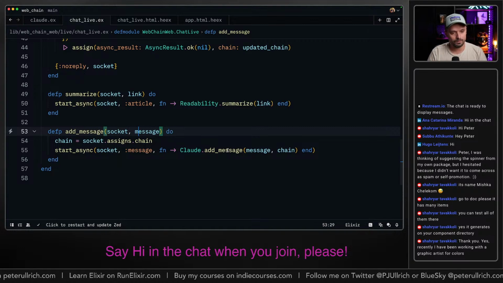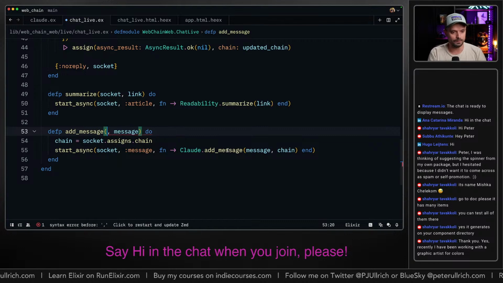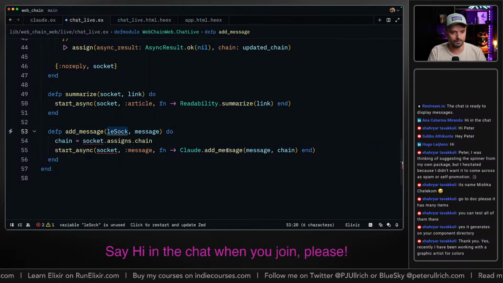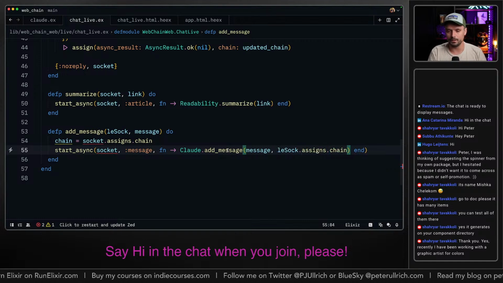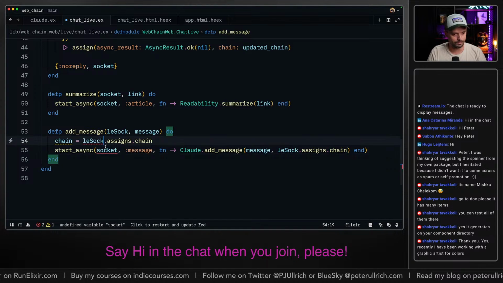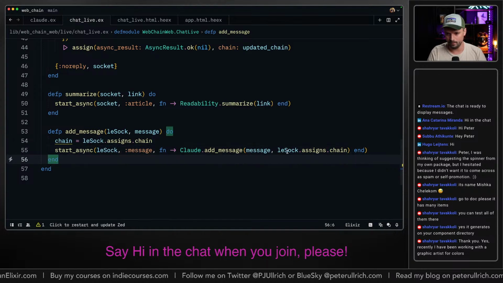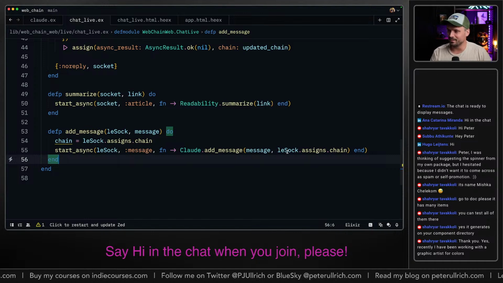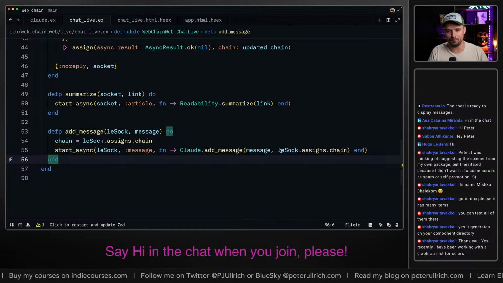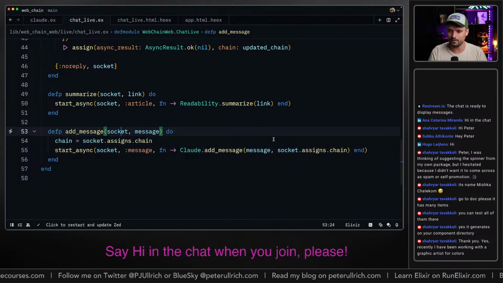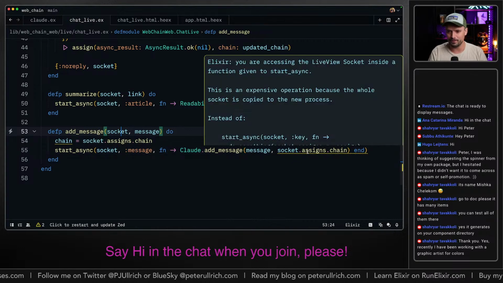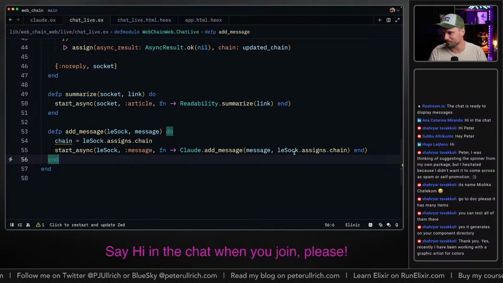Actually, what if we would call this like le soc or something? Would they still understand it? Nah, okay. Yeah, okay, so I guess they just use like a regex and say, hey, if inside your callback you have a socket variable, then they throw a warning. Yeah, see? Funny. So if you call it not socket, then it doesn't give you the warning.